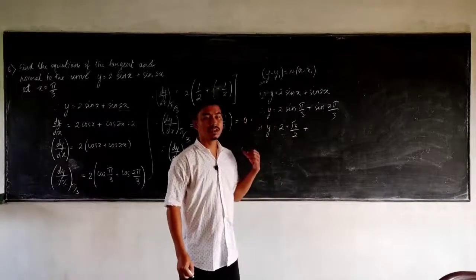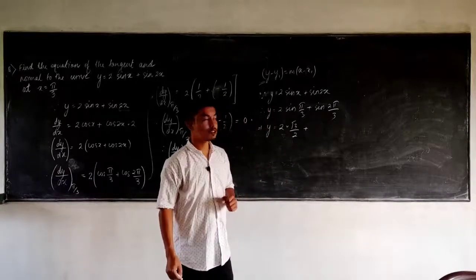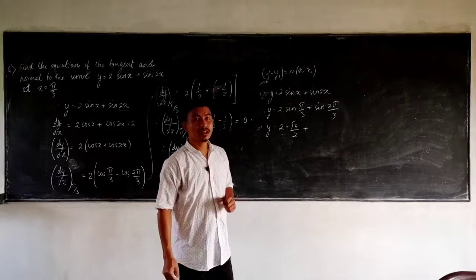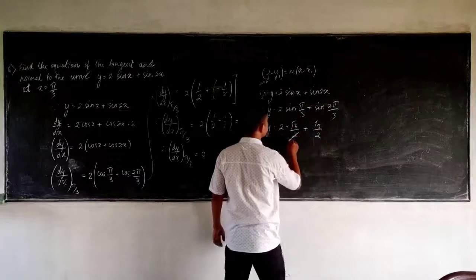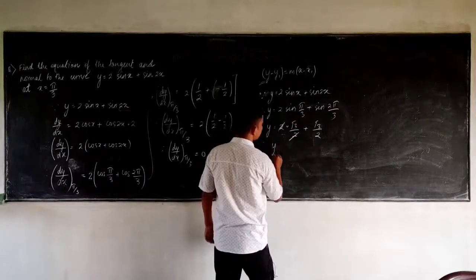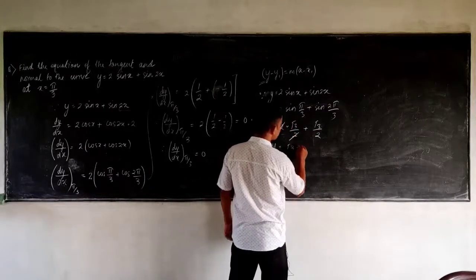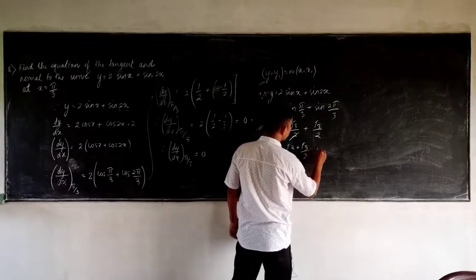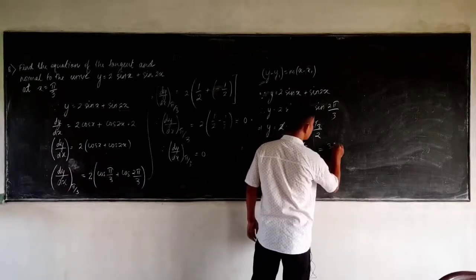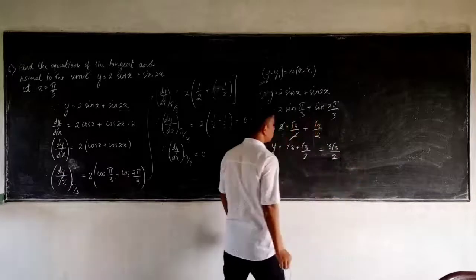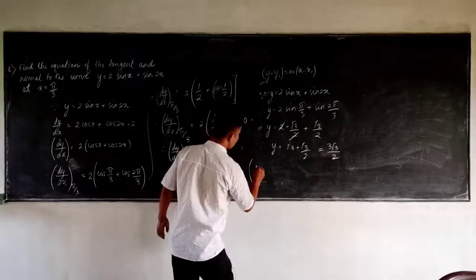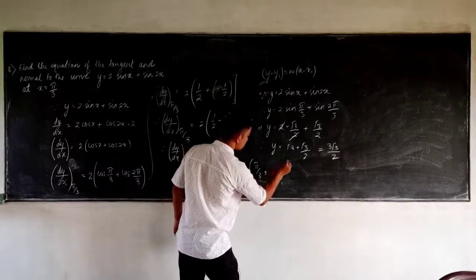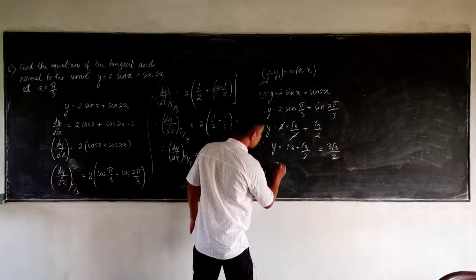But it lies in the second quadrant. In the second quadrant, sine is positive. So the value of sine 30 is root 3 by 2. So here the 2 and 2 get cancelled. So therefore y will be equal to root 3 plus root 3 divided by 2, which will simply give me 3 root 3 divided by 2. Okay, so therefore I have both the values. So x1 I can write as pi by 3, and y1 is 3 root 3 divided by 2.